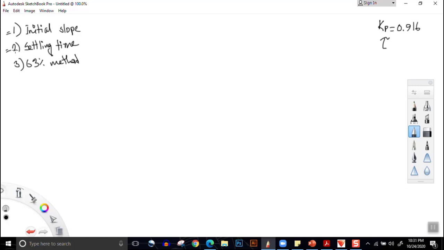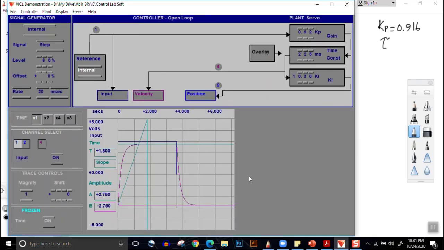That is, it gives the most perfect result. Now, let us just look into our simulation file here. So at first, what we need to do is find the time constant by